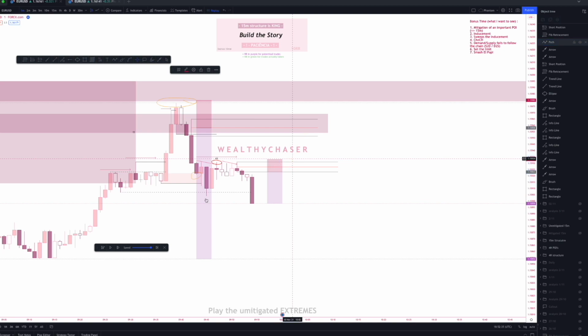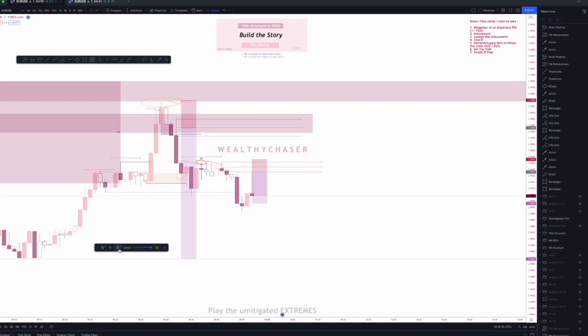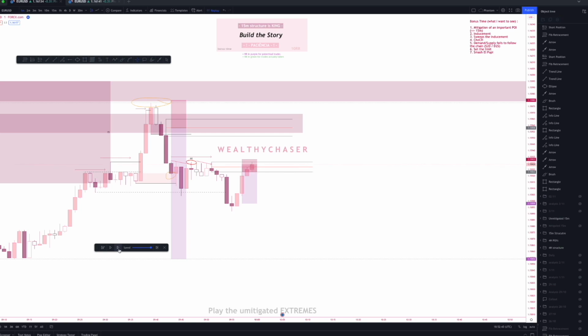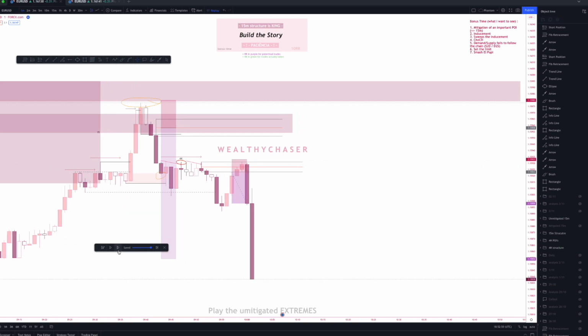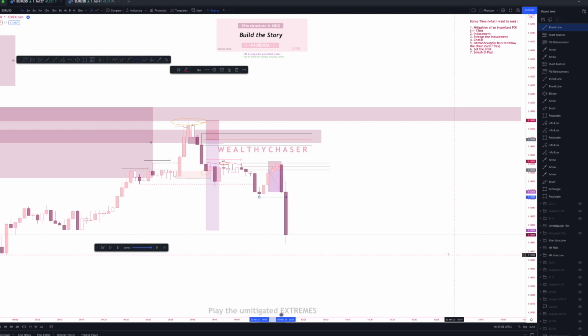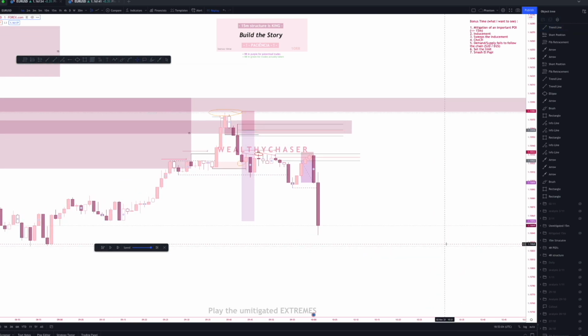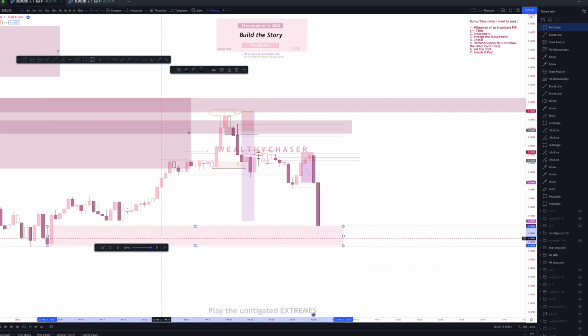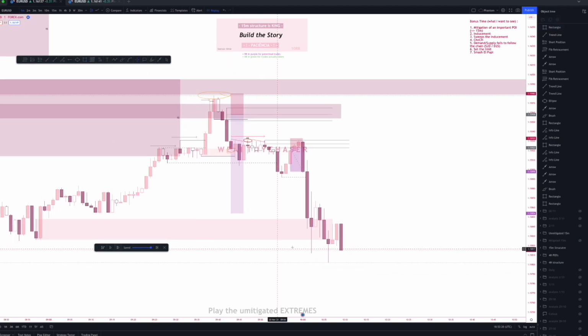Placed a short here and I see what price did. Ooh, price mitigated. After the price made such an impulsive move, there's another break of structure, right? So now the only thing we need to do is follow expectational order flow and follow mitigations and flips. Look what happened here. Price reacts to this demand and it fails. There is not a significant sweep of liquidity here. So when there is nothing that tells me the price will play the decisional, I play the extreme.